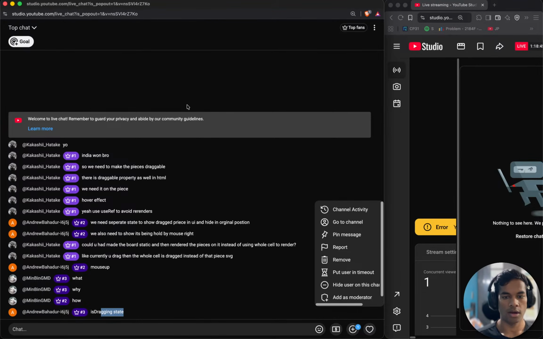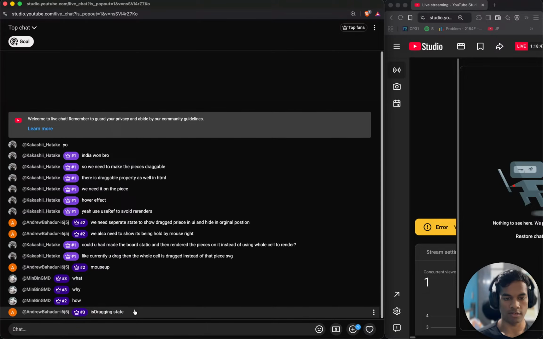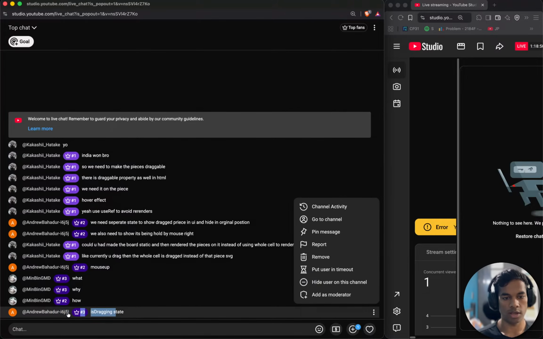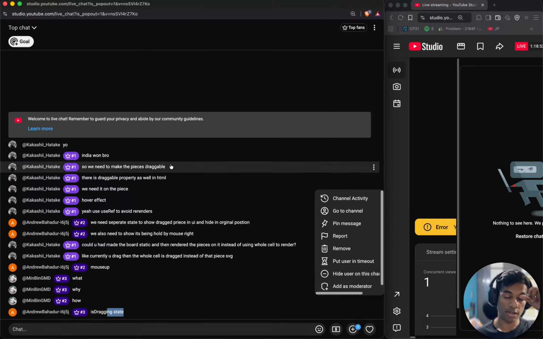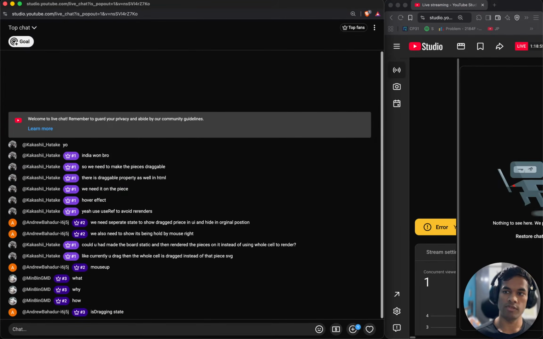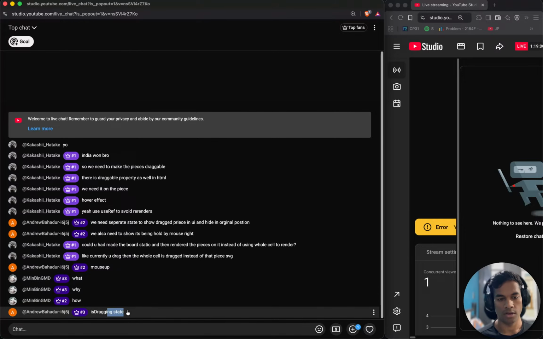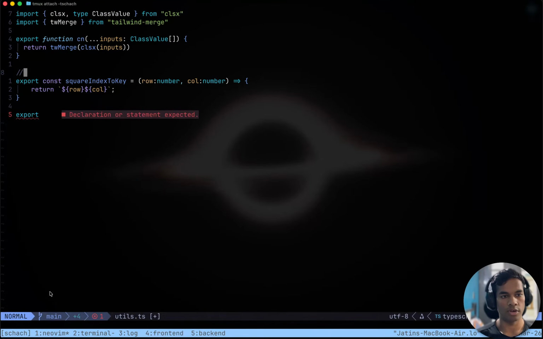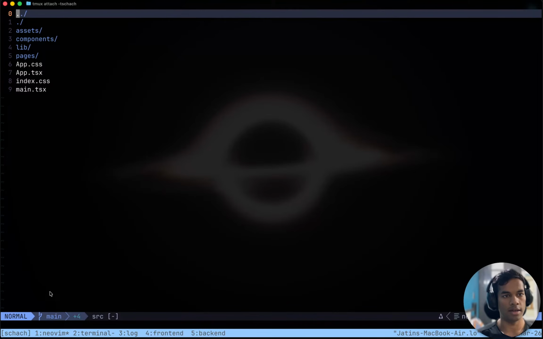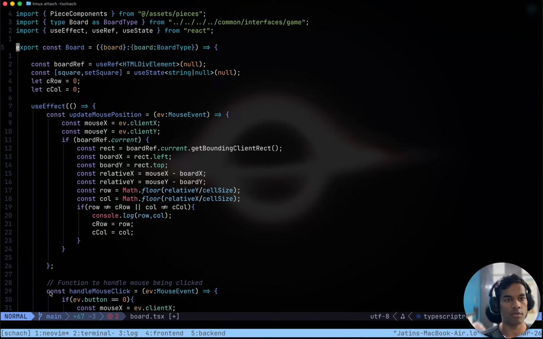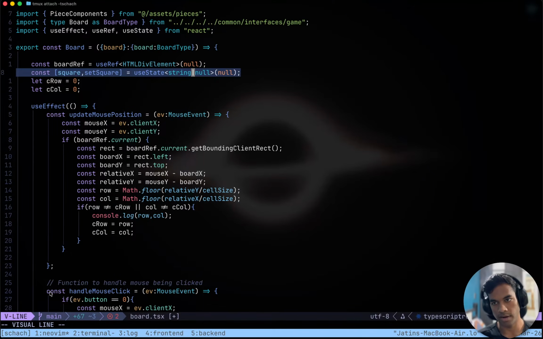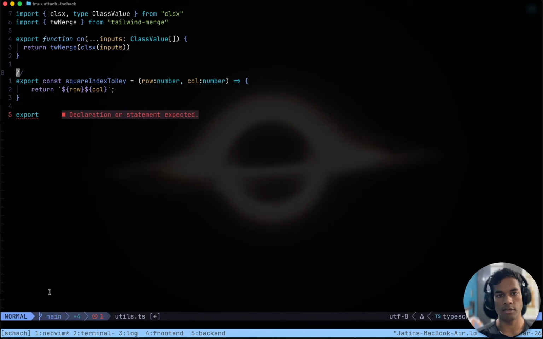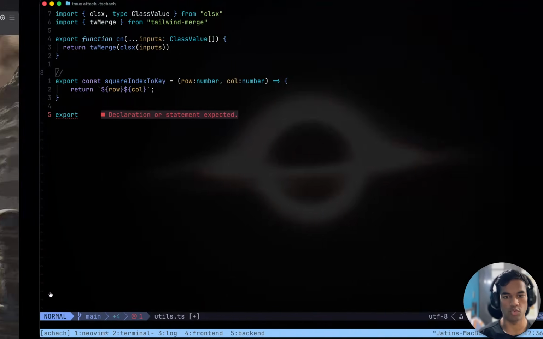Is dragged, yes, that is one I need to keep. Is dragged state is required, and also which square did I click on. And here I am using the null value as an indicator if a thing was clicked or not. If this square thing is null, then nothing is being dragged, and if it is not null, then something is being dragged. I think that is cool.